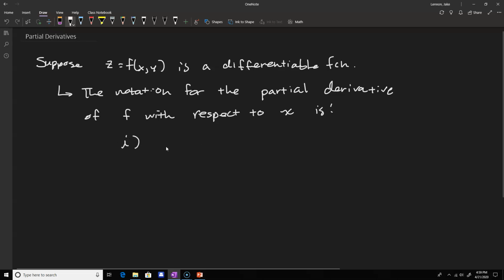So we could either write it as f with a subscripted x, or we could write something similar to the Leibniz notation where we have this symbol. It's a del. It kind of looks like a curvy D, and it would be del f or del z, depending on what you want, del x. So where D